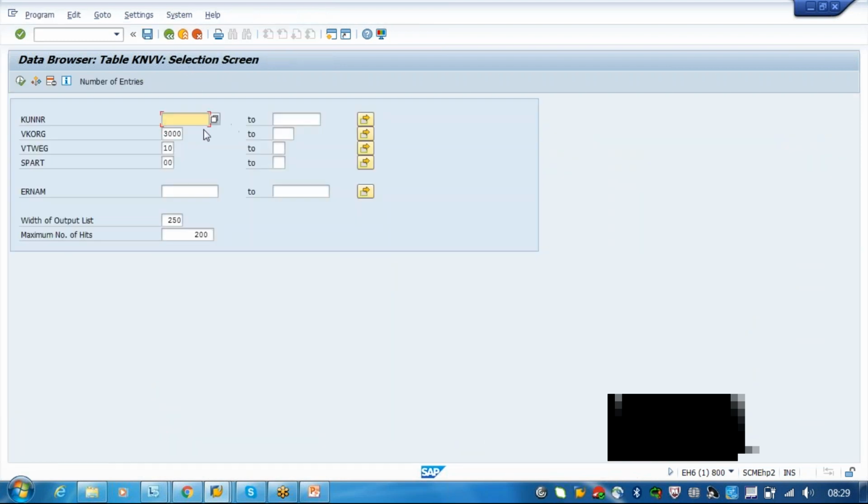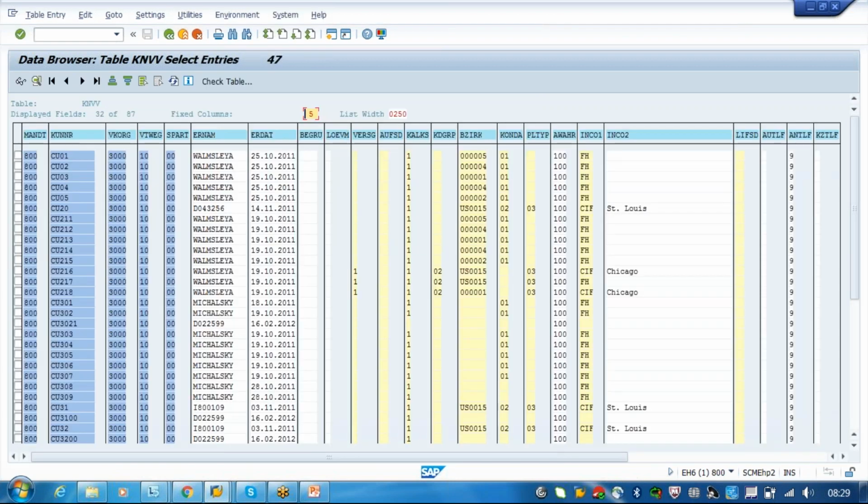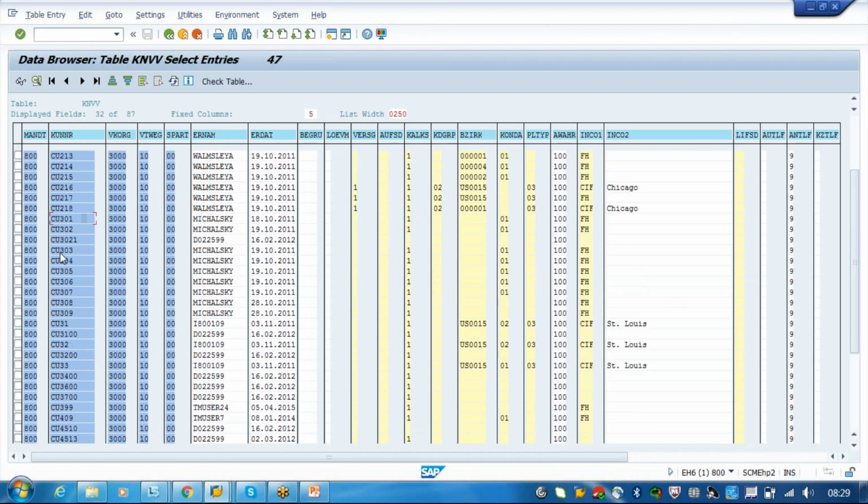Then there we always have to go with the CU. CU302 is one customer, McKinsley. CU301, CU100, you can take any of these customers. All these customers are created normally for TM. When the CU is created, it is for a customer. I will take one customer, CU3100.